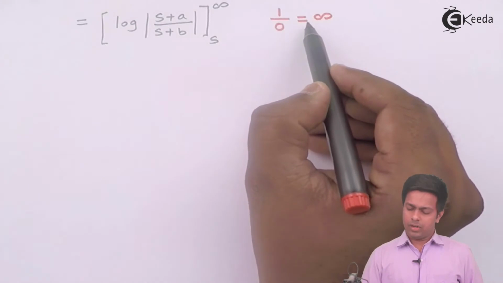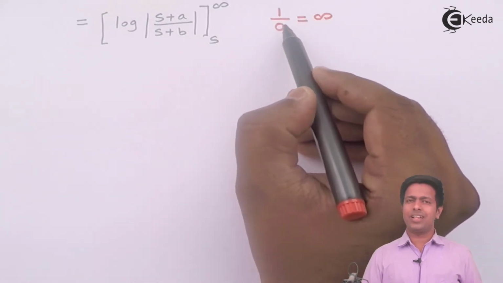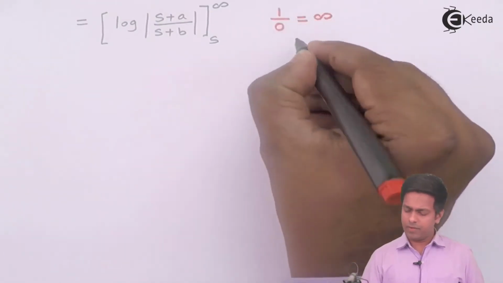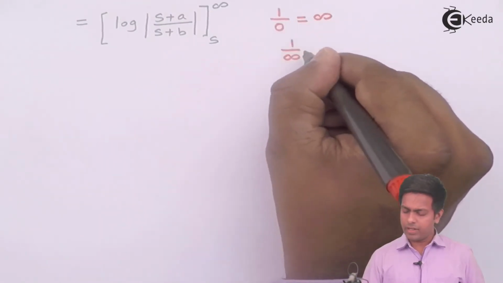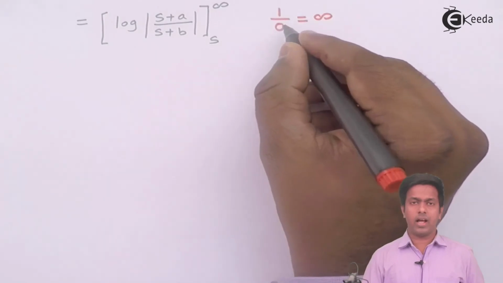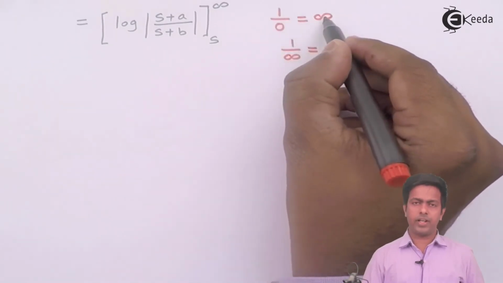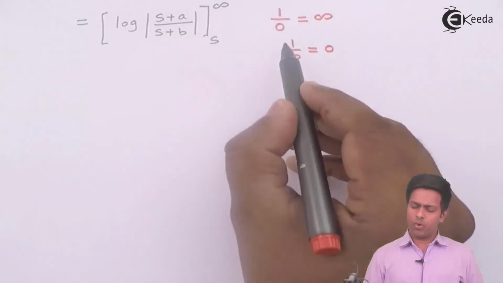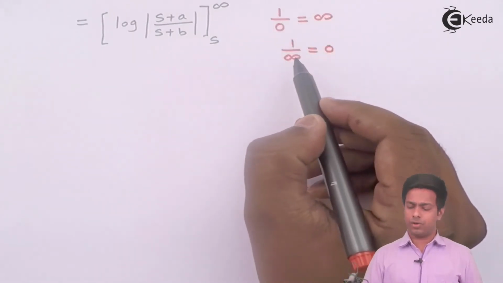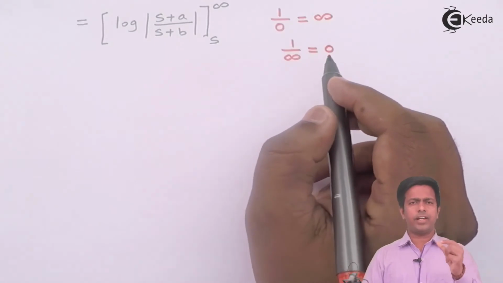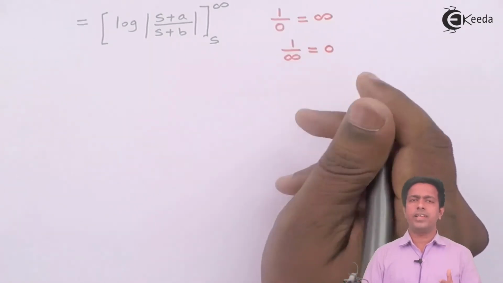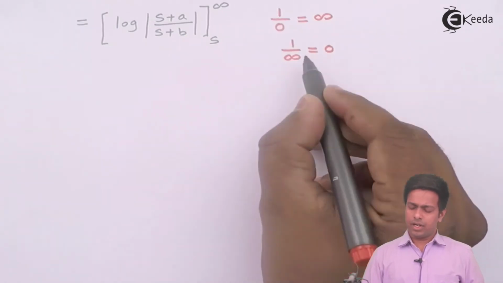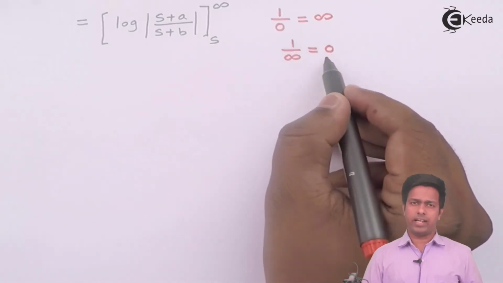Now if denominator is 0, then we get infinity. So if I take this infinity over here, then we will get 1 by infinity is equal to 0. So if I'm changing this infinity to denominator and 0 to numerator, so it means 1 by infinity can give me 0. So it means any finite number upon infinity is equal to 0. So guys, what I'll do here is, now the answer 0 is finite.